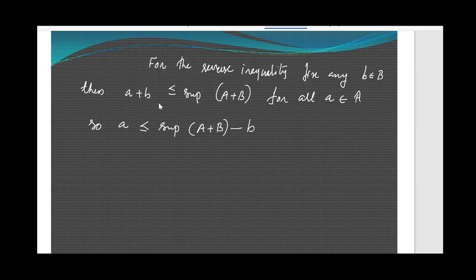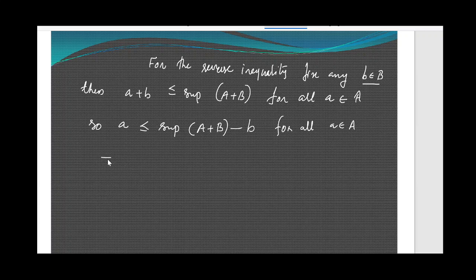For we are getting a plus b is less than or equal to supremum of A plus B for any b belongs to B. Now, if this is the case, then a is less than or equal to supremum of A plus B minus b for all a belongs to capital A,